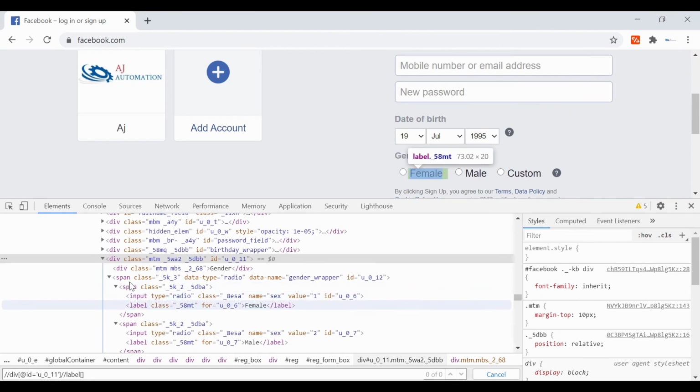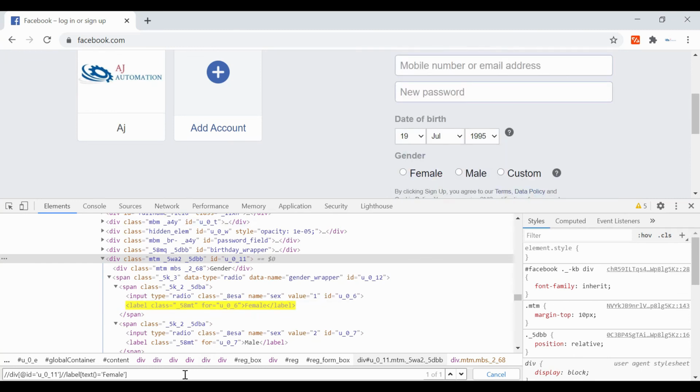As you can see here, this is the immediate child, then its child, and here it is present. So label with text having female. Now you can see that it is highlighting the radio button. But what if I want to highlight the male?